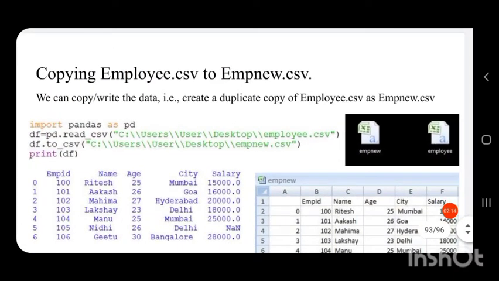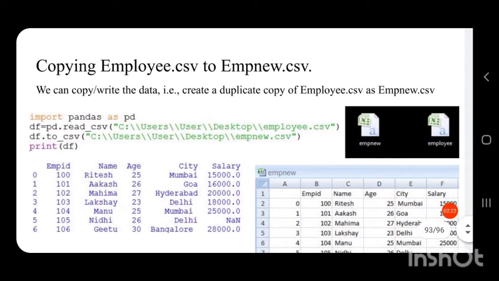Here we can copy or write the data, that is, create a duplicate copy of employee.csv as empnew.csv.